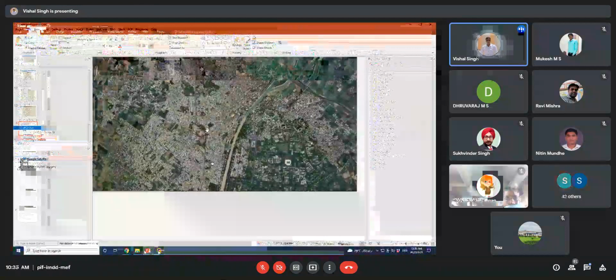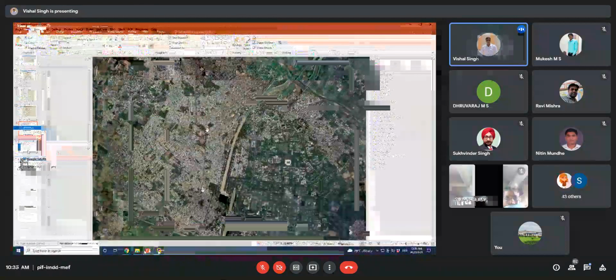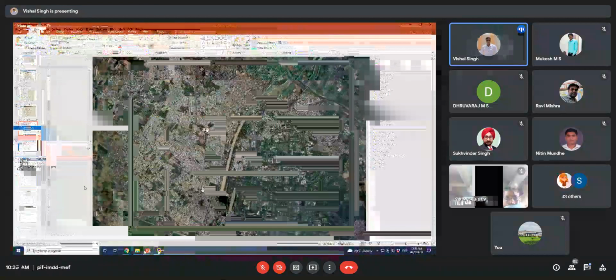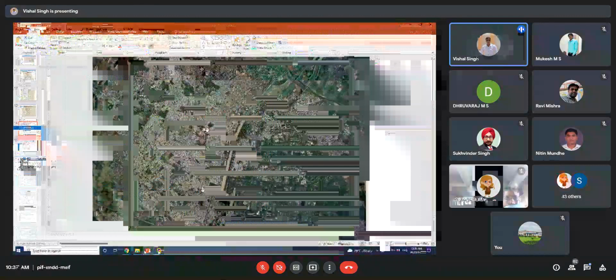So now we will see how we can create the point, line, and polygon shape files. I will just move towards the basic things. Suppose I want to generate some point level information. What kind of information can you generate through the point?